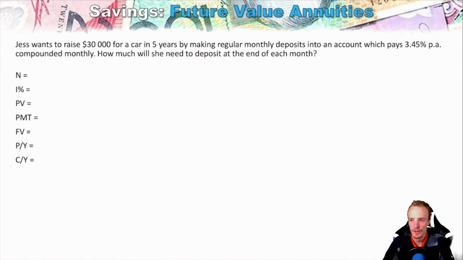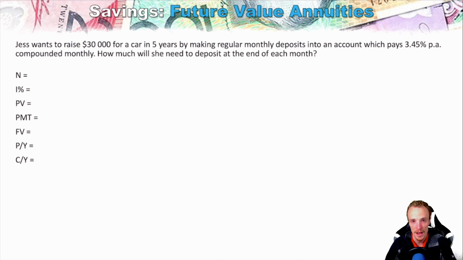So in this part of future value annuities, we're going to have a look at how we calculate towards a goal, what regular payments we need to make to achieve a goal within a certain time. And then we're also going to have a look at what happens when our payments per year and the number of times that the account is compounding per year are different from each other, and specifically how that actually affects